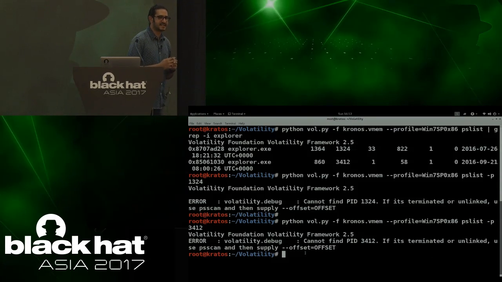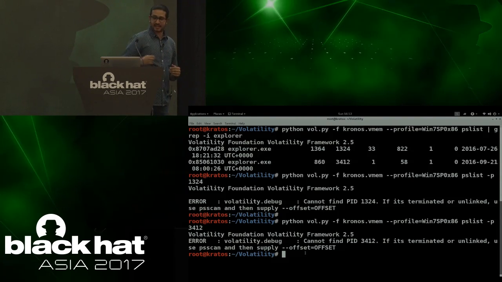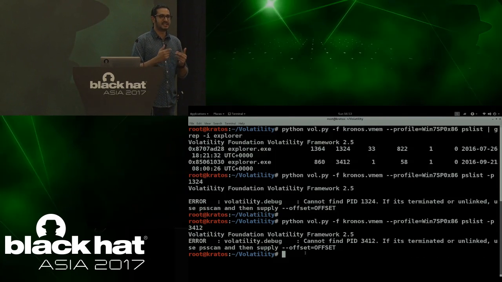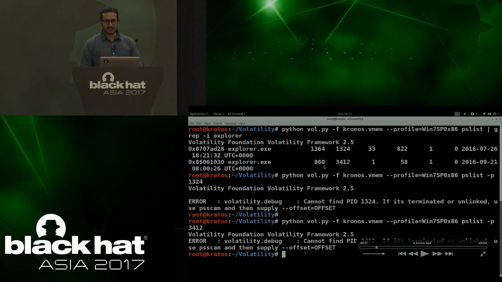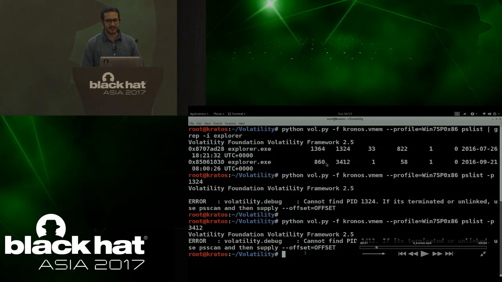The reason is, on a clean system, userinit.exe starts explorer.exe and terminates itself. So it is not in the process listing. And also the malware injected code and terminated itself, so it's not in the process listing. So just by looking at the parent-child relationship, it makes it a little hard to tell which is malicious. You can look for the creation time and stuff like that, and you'll be able to detect it. But this is the process that's suspicious in this case, the process ID 860.